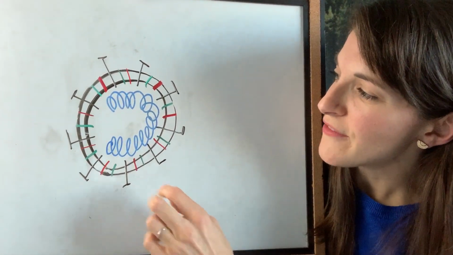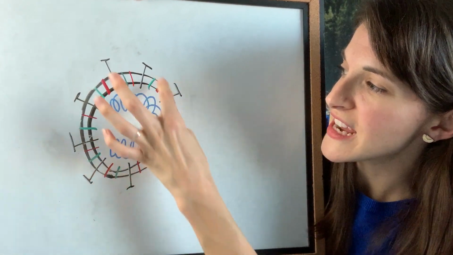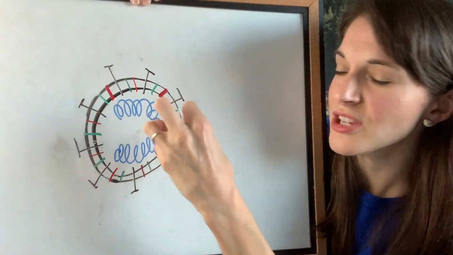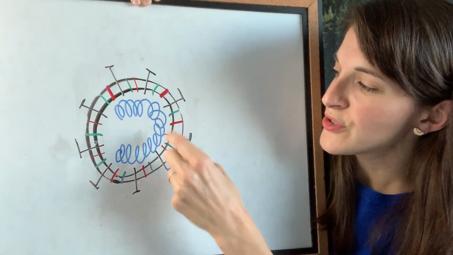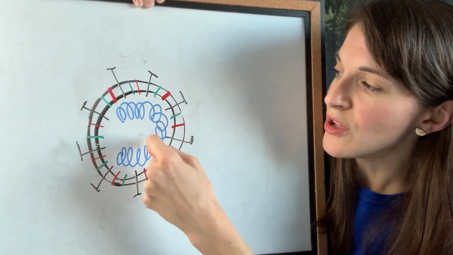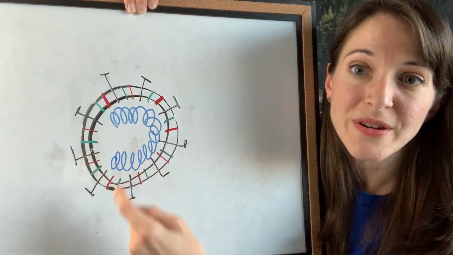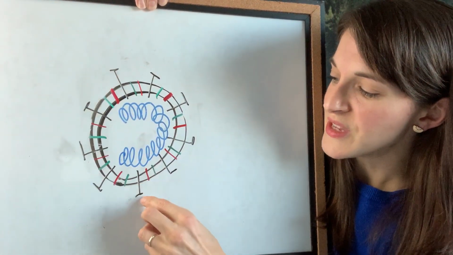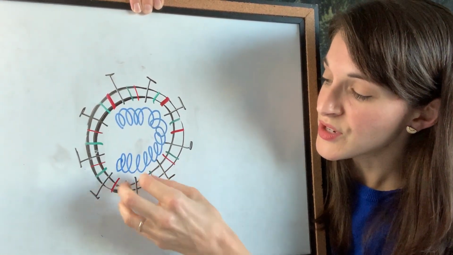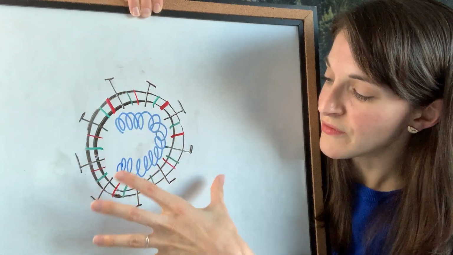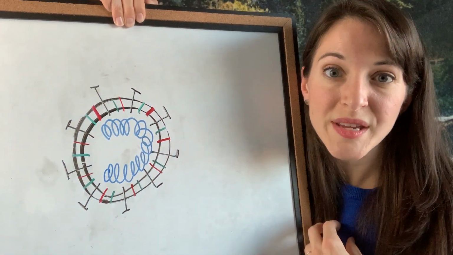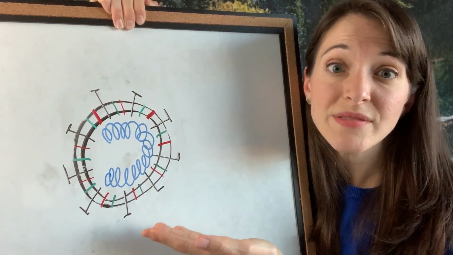And basically what we have is there's a little fatty membrane, and this is kind of like if we cut through it, right? So it's actually ball shaped. And then there's little proteins poking out of it. And then inside there's this little swirl of RNA, of the genetic material. And what happens is that these proteins bind to our cells and they cause it to sort of open up and fuse with our cell, and then that RNA goes into our cell and our cells start making more of these virus particles.